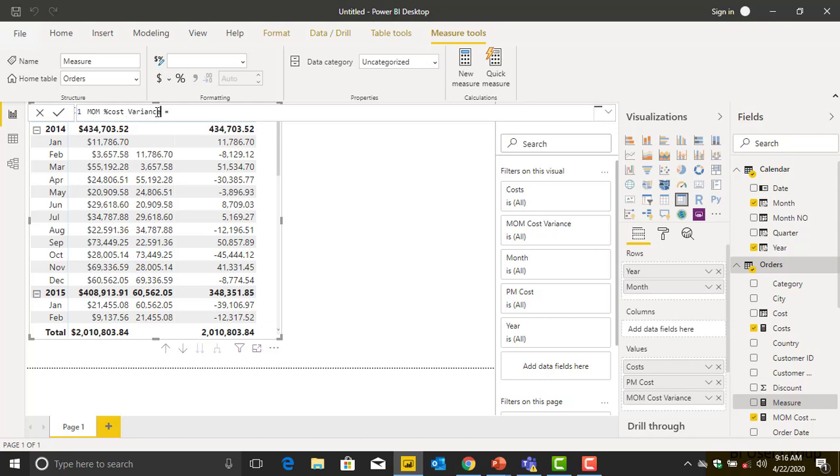So that's going to be equals to, I can use a divide function. So divide. So what's going to be at the top? Which one should be at the top? Is it the variance, or the current month or the previous month? So let's see, numerator has to be the variance. So the variance is MOM cost variance, comma, then the denominator should be the previous month, so that will give